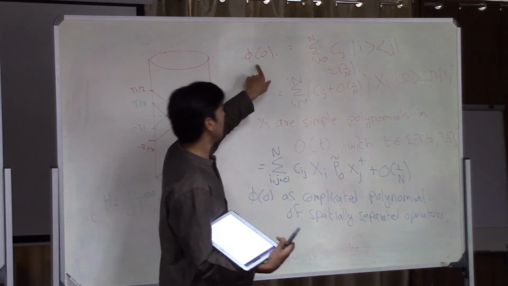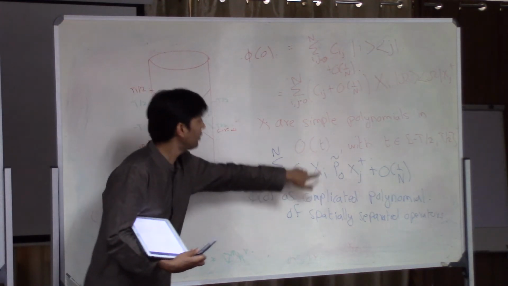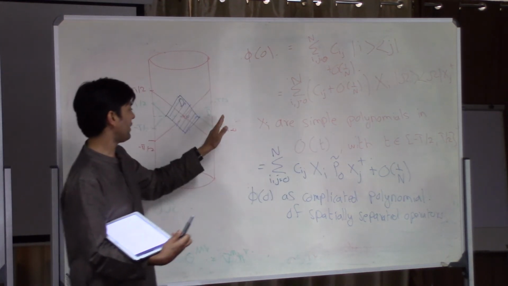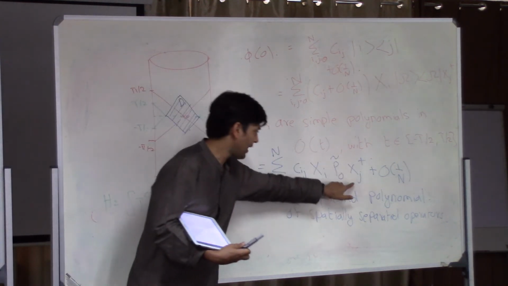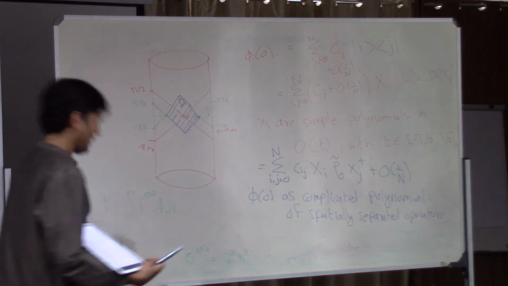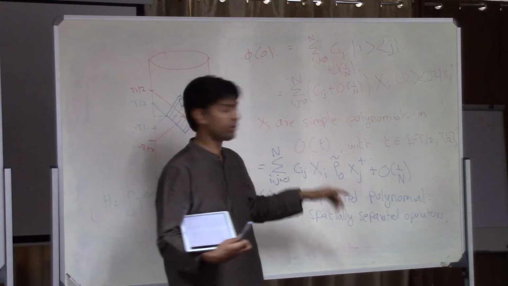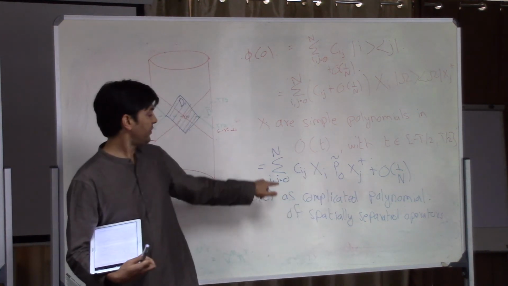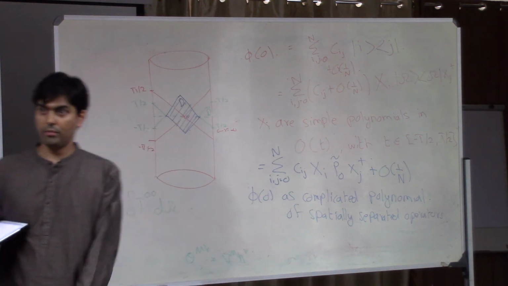They involve the same phi operators and t. So these xi's involve phis, these phis at this point? Only the phis. So this is a combination of the phis and the stress tensor and the phis again. But let me say again, they involve only the phis at leading order in 1 by n. So this result is that it's phi, there's some polynomial in the stress tensor and phis again. There's some combination.